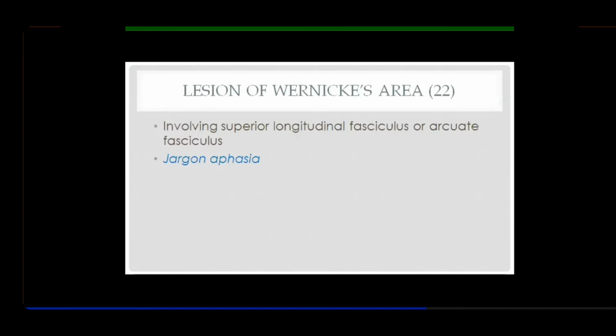In short, understand this: a question is being asked, and he gives some unrelated answer. Got it now? Because he is not able to understand what I am saying. And when he is giving answers, he gives them repeatedly, clear cut, with full voice and full pronunciation, everything normal because Broca's is fine. But he is not able to comprehend what is being asked. So whatever he is saying, the examiner is not able to comprehend. So it becomes an unintelligent speech. And this is called jargon aphasia.